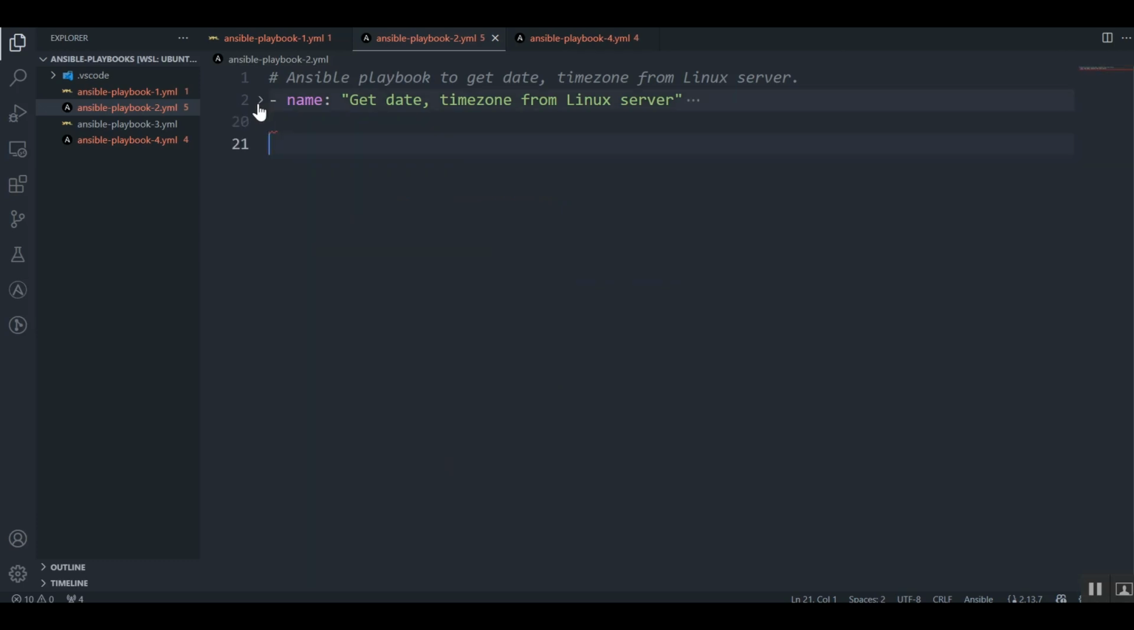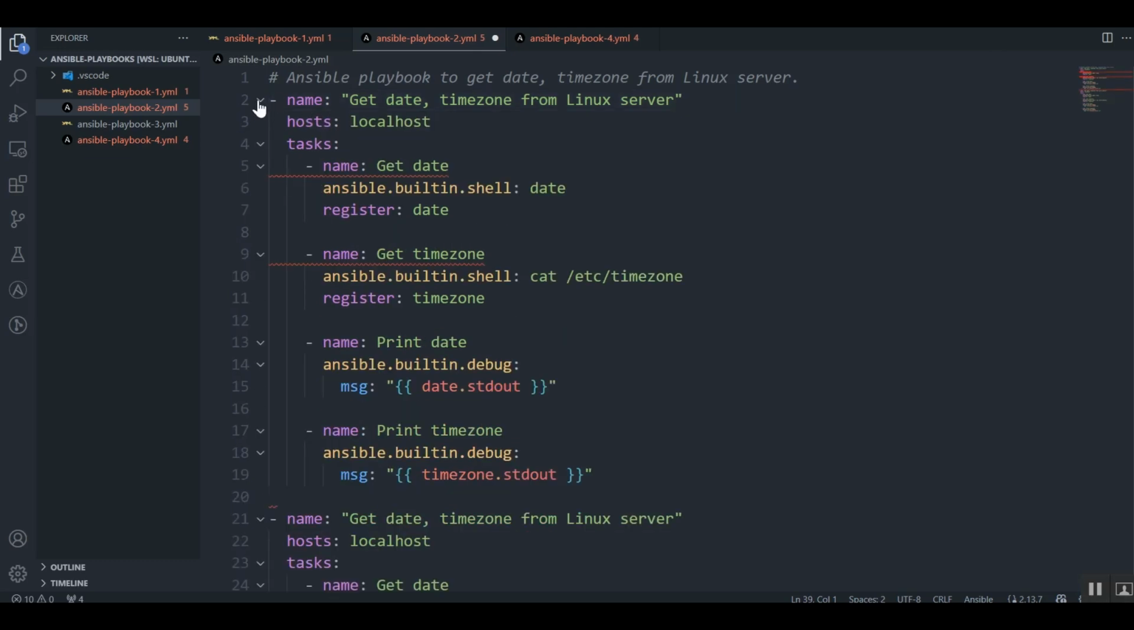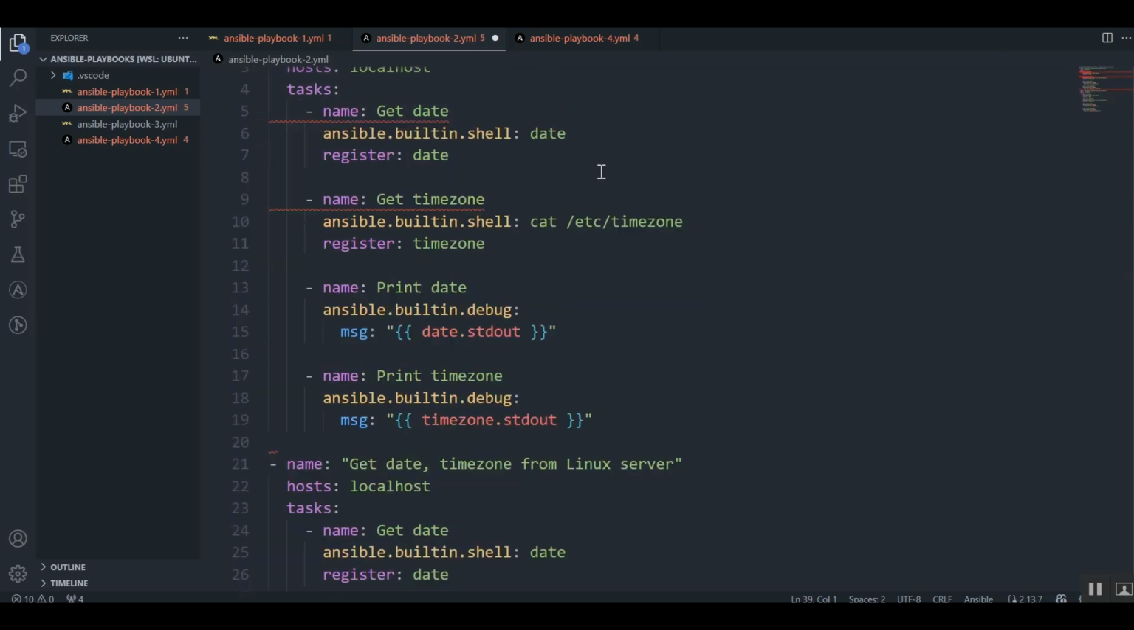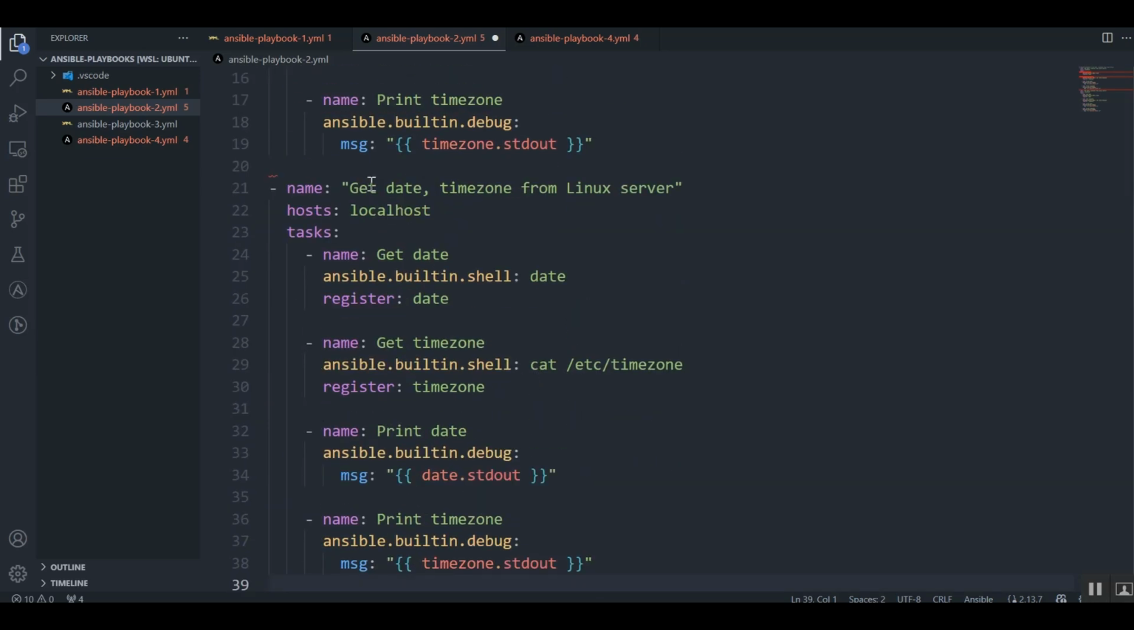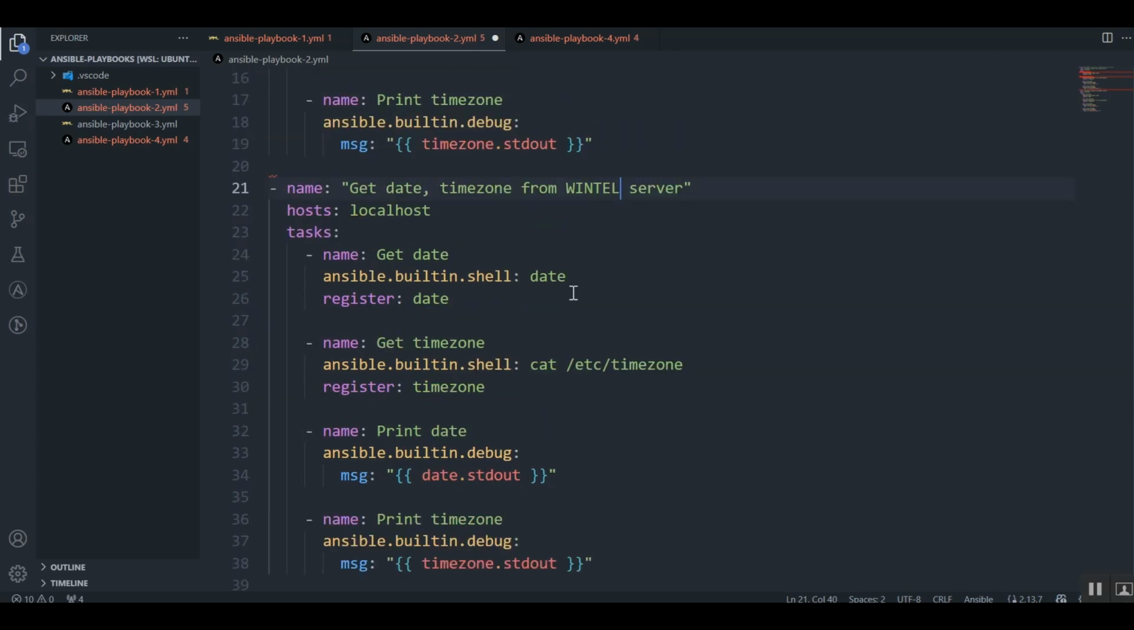Then you can have multiple plays. So you can have a second play here. We have the first play, for example, to get the date and time zone from a Linux server, and the second play could be for Wintel servers, because Wintel might have different commands that we need to run to get the time. Although, for your information, for date and time zone, these kinds of things, we don't need to run separate modules from